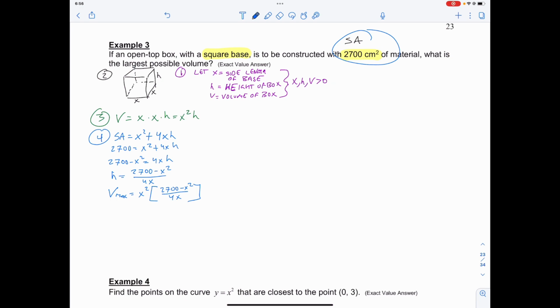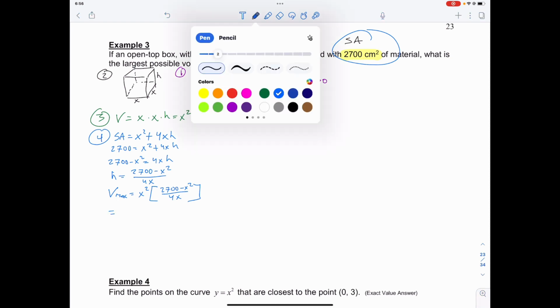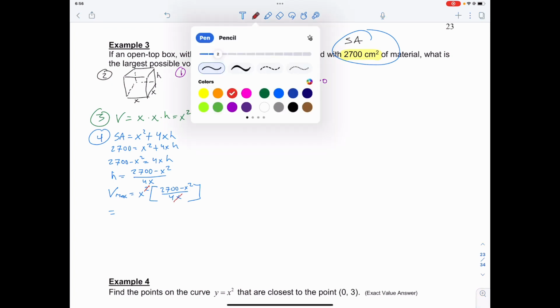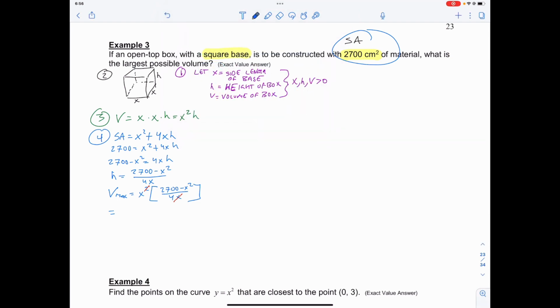And we're going to simplify this. We're going to take away an x from the numerator and the denominator. We're going to expand the remaining x out, and get